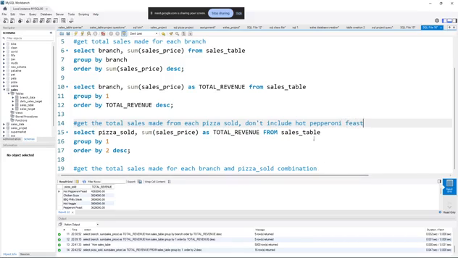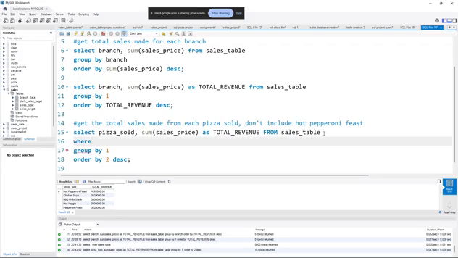We've gotten the answer for everything, but our client does not want hot pepperoni feast. There are some cases where in your answer you don't need some particular values. So how can you filter them out? How can I say, okay, this one I don't want? So from my table, I will say where,